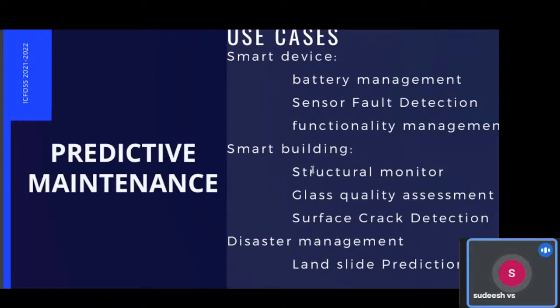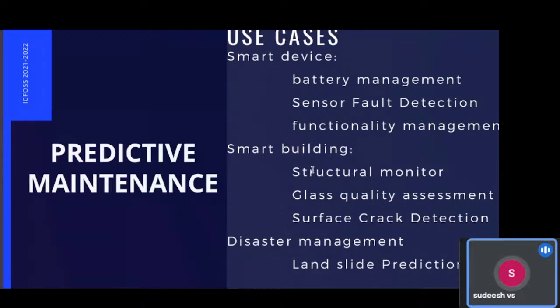Predictive maintenance is one of the major areas in industry where analytics is performed. Edge devices are smart devices, because everyone knows smart devices contain some batteries, sensors, and additional functionality. So edge analytics may be commonly used for the battery manager. If you are using an electrical car, there will be a battery management system (BMS).